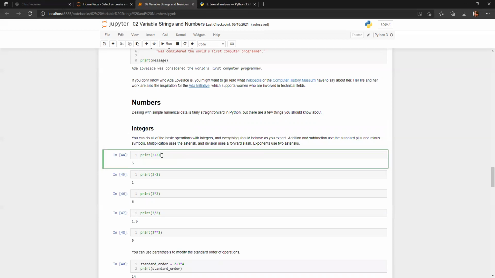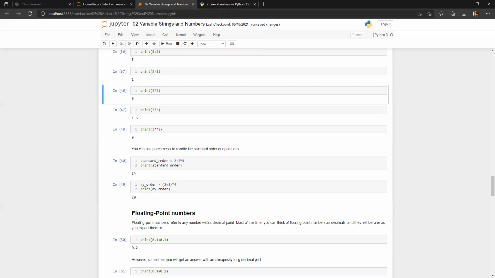If you want to declare any integer, you can simply declare it in a print statement also, like print 3 plus 2, 5, print 3 minus 2. Python is very simple in these cases, it's like simple grammar. You are just printing 3 plus 2, and that result is given up here.